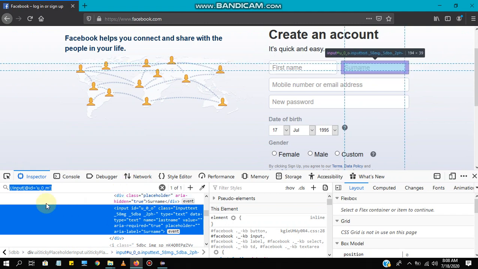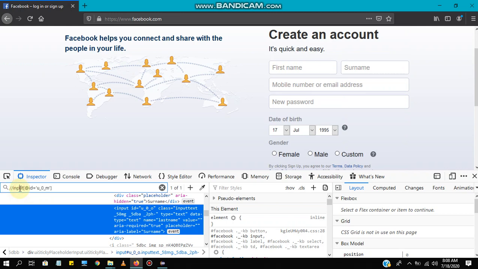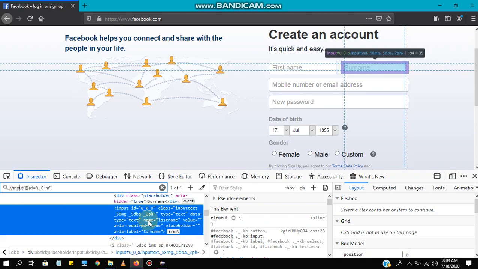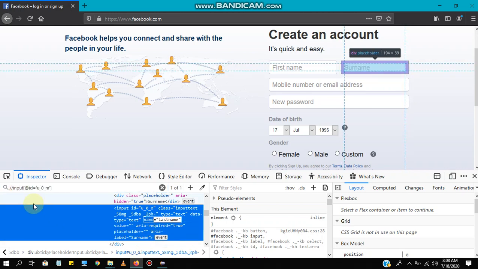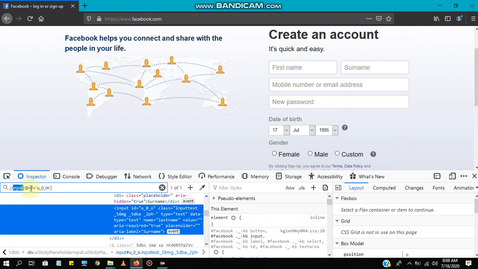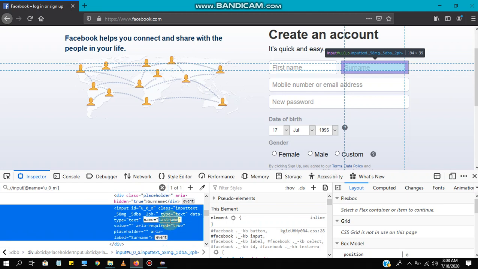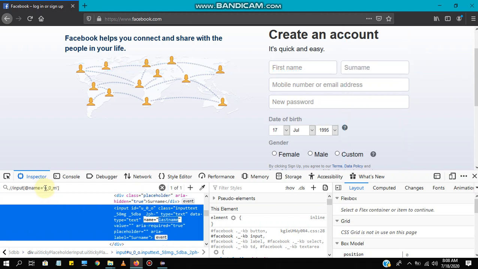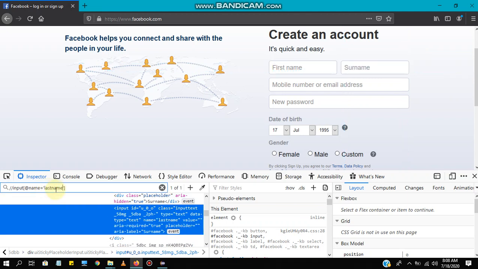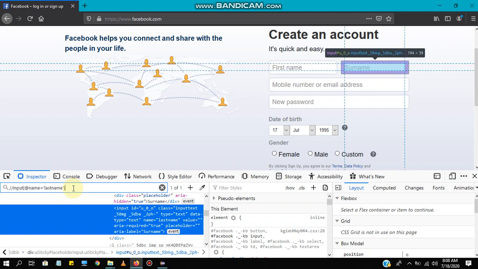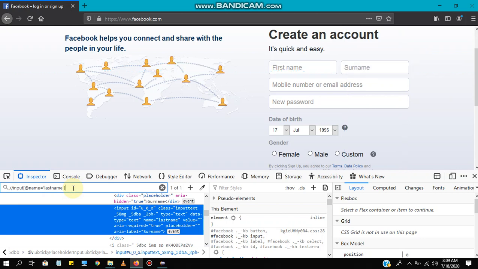Here I'm going to use the name attribute. Just copy it, replace ID with name, and give this name value there. Just hit enter and make sure you captured the element in a proper way or not.